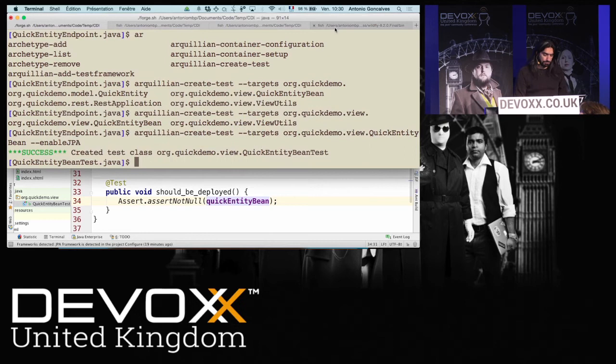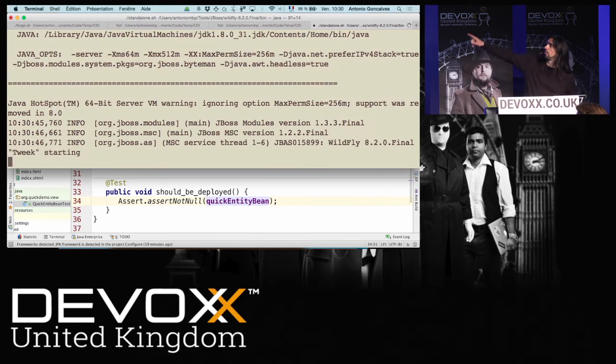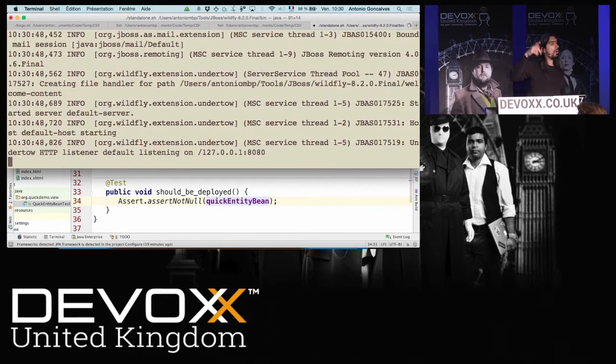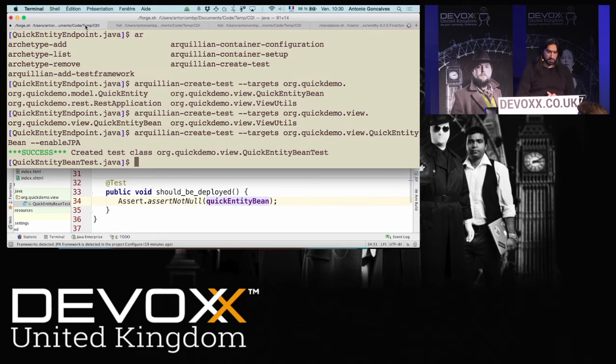Again, I've chosen the remote mode. So here I have Wildfly, and I'm going to start it. So on this tab, I have a Wildfly running, and the idea is to tell Arquillian to test. Well, let's use Forge again.